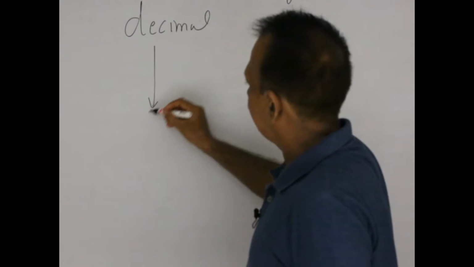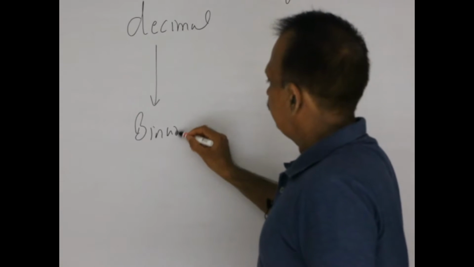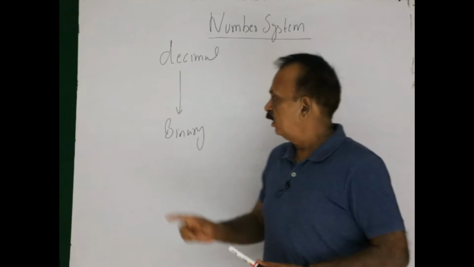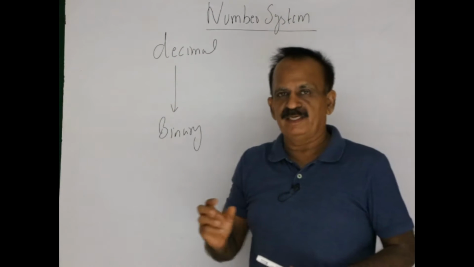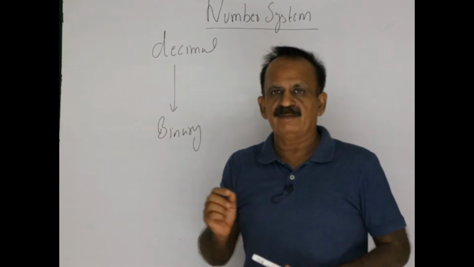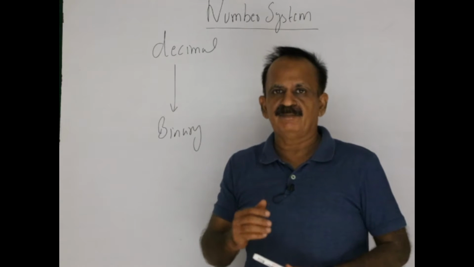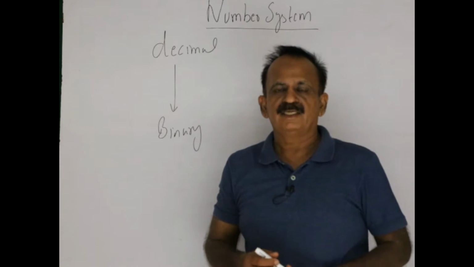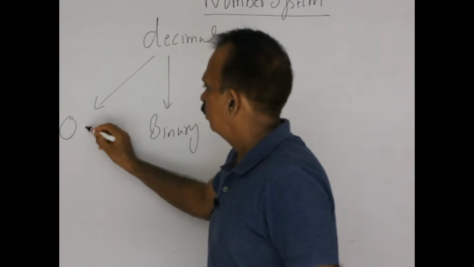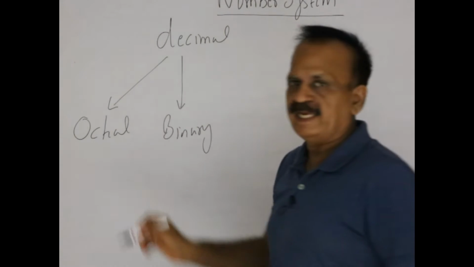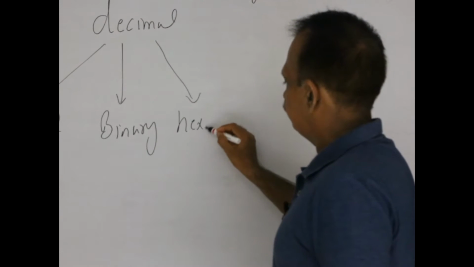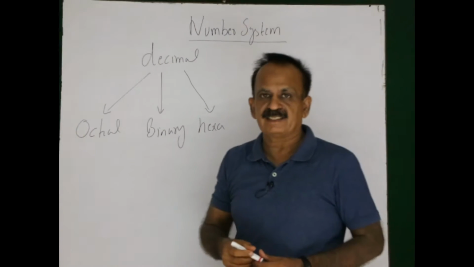to binary number system. Decimal number system has base 10 and binary number system is base 2. To convert from decimal to binary, what we did, for integer part we divided the number by 2 and wrote down the remainder, and then writing the remainders from bottom to top, we got the binary equivalent. Similarly, we converted decimal number to octal number system. We used 8 for this, and then decimal to hexadecimal number system. Now this conversion we discussed in the last lecture.